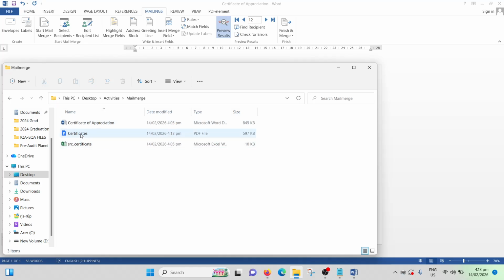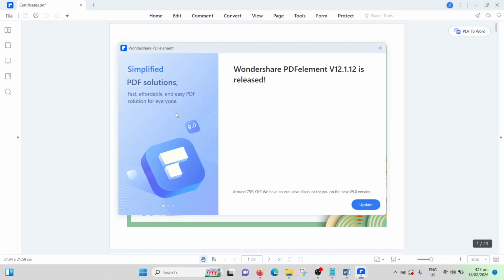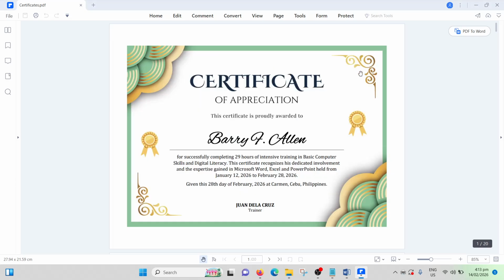What's good in printing it to PDF is when you bring it outside for printing. For example, you don't have a printer at home, and then you need to print it outside.